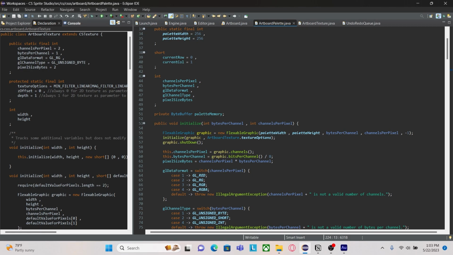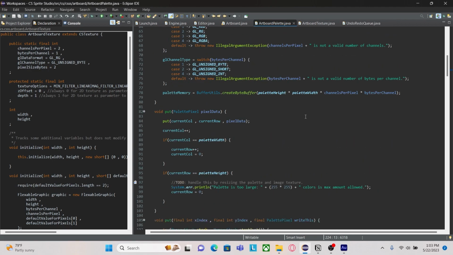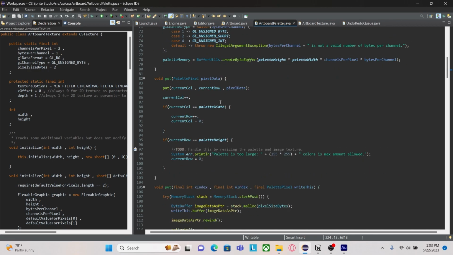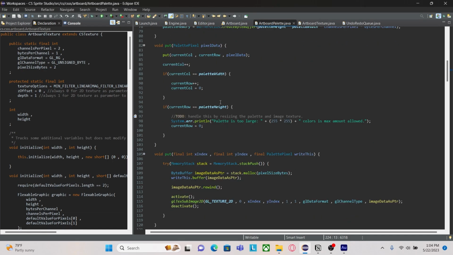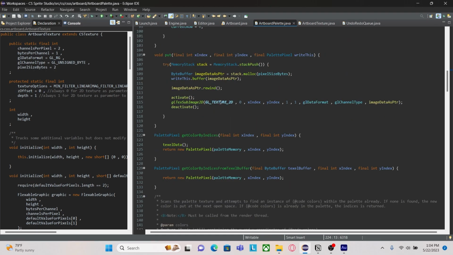If we attempt to add a color to the palette that's already there, we will simply be returned the index in the palette of where that color is found. So the palette keeps track of the next place in its memory to put a color value, which it will return when a new one is added. We have two overloads of the put method, but neither is really used outside the class except occasionally. The main method to put a color in the palette texture is the put or get colors method. So if we scroll down to that method,